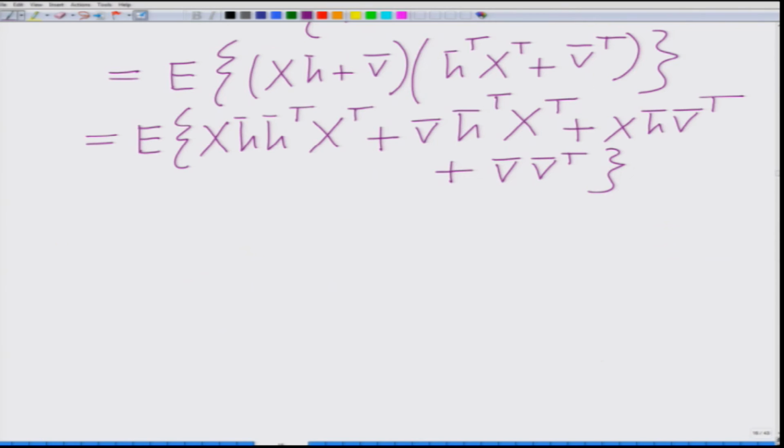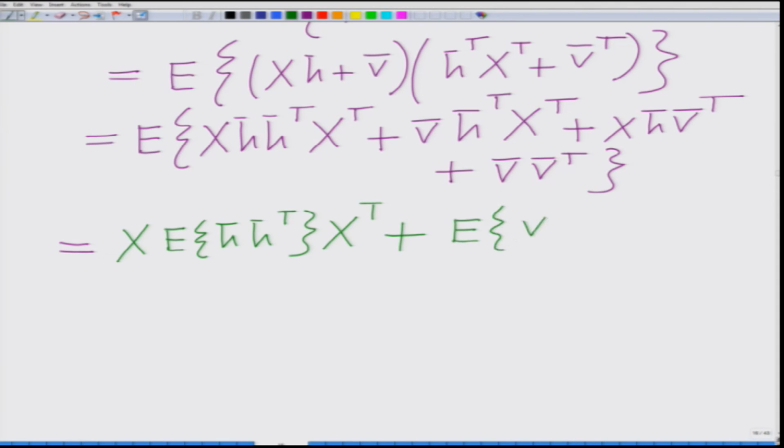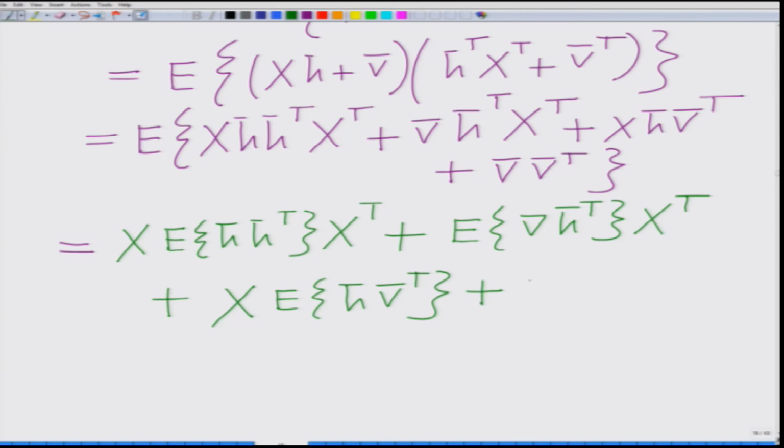And now, if you take the expectation operator inside, you will get x expectation of H bar H bar transpose x transpose plus expected value of V bar H bar transpose x transpose plus x expected value of H bar V bar transpose plus